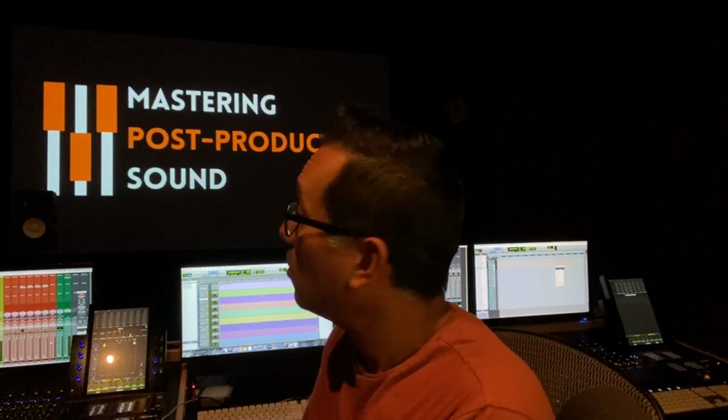With mixing in surround, we want to anchor our dialogue to the center. That's going to be the main thing. Anything that's coming off of the screen is going to be there. That's our attention. Then, because we have this environment around us, we want to fill the space appropriately. So when I'm mixing my music, instead of left-right music like we would do, I now take, and